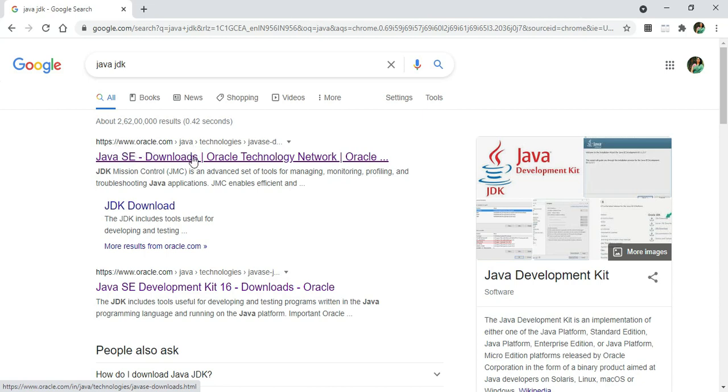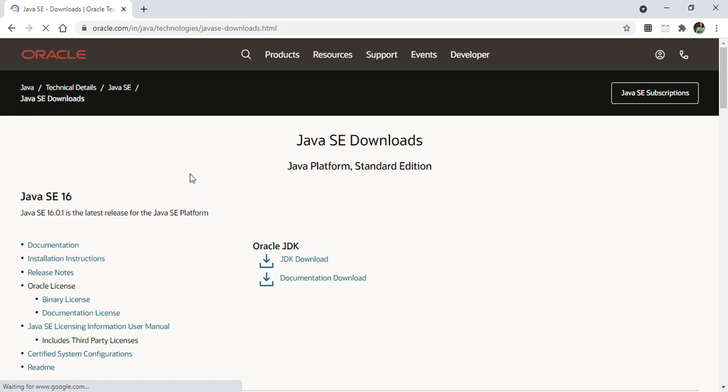Since Java is a product of Oracle, it is taking me to the official oracle.com website, and here you can see the current release, that is Java SE 16, which is the latest version of Java.